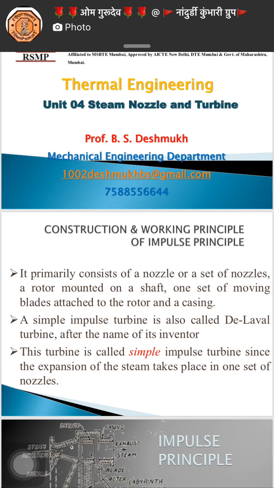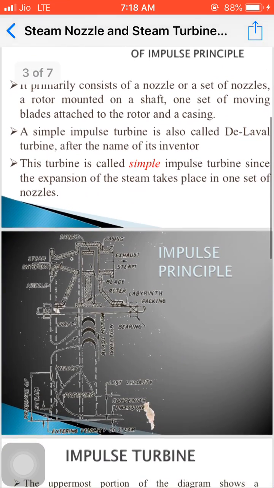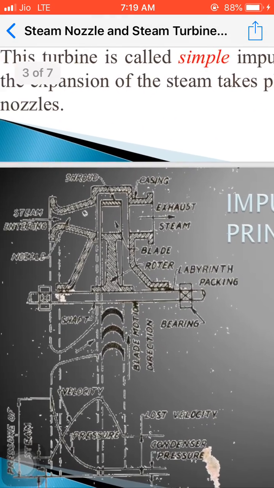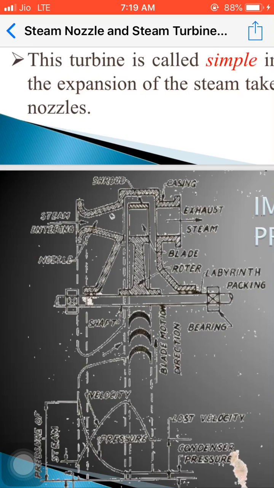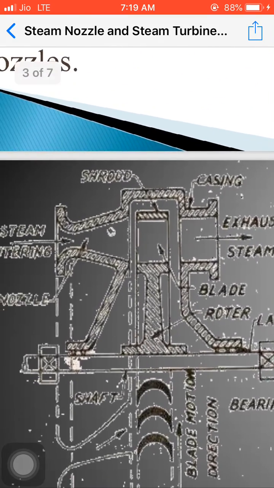A simple impulse turbine is also called the De Laval turbine after the name of its inventor. This turbine is called a simple impulse turbine since the expansion of the steam takes place in one set of nozzles. Here is the diagrammatic sketch of an impulse turbine, which shows a number of its components,